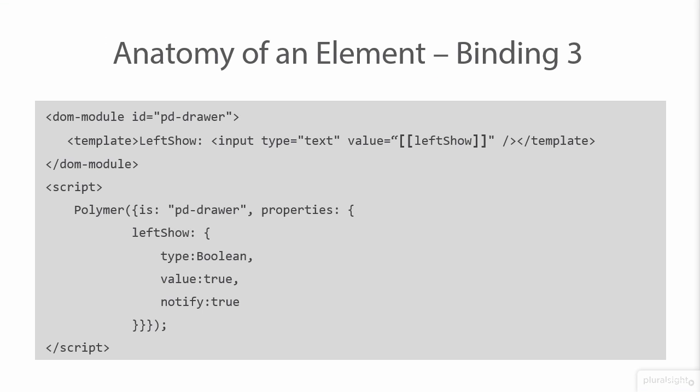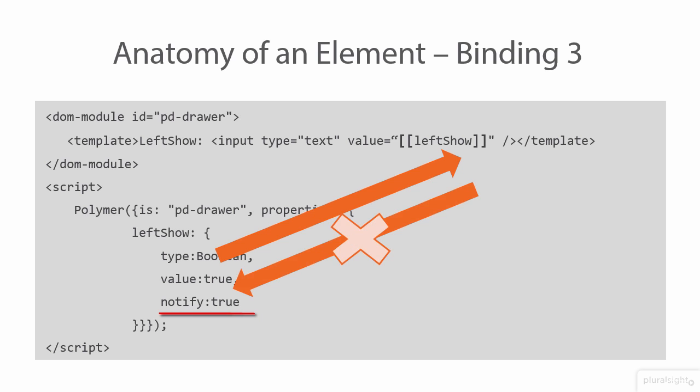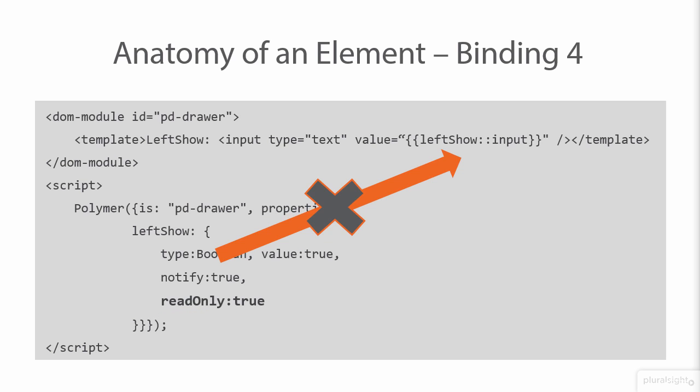In our third binding example, instead of curly brackets, we'll use square brackets. When we use square brackets, we have only one-way binding again. So, either we add the notify true value or not, the changes won't propagate from HTML to JavaScript, just like the first example. In our fourth binding example, we'll use the read-only true value that strongly declares that we have